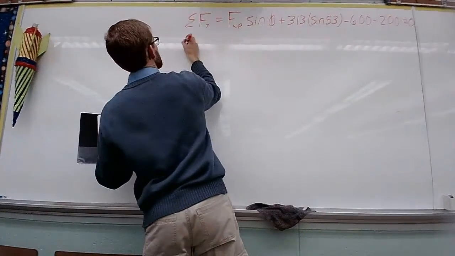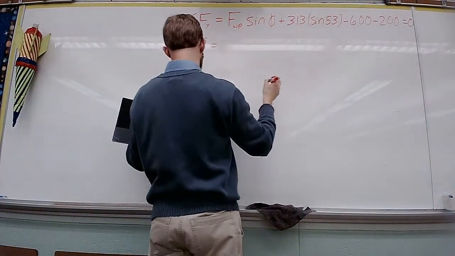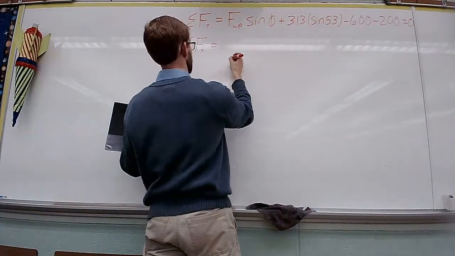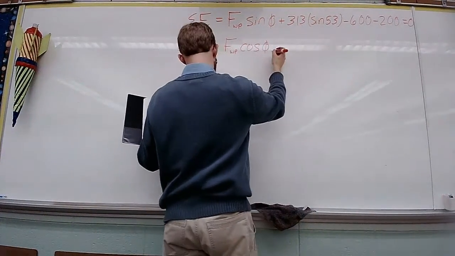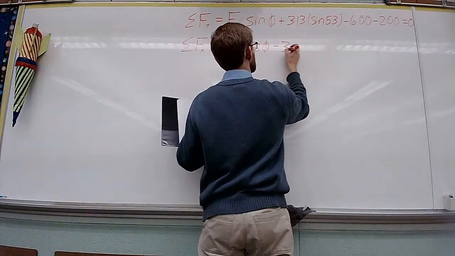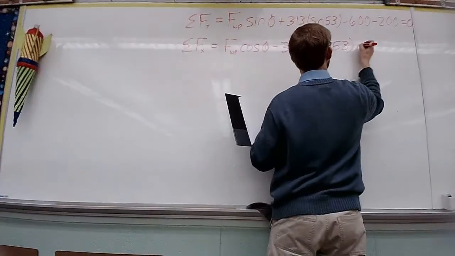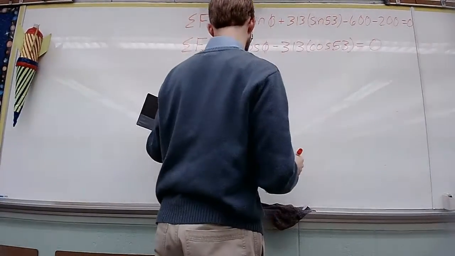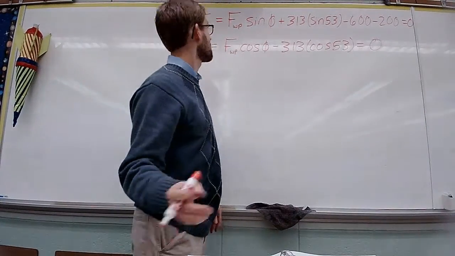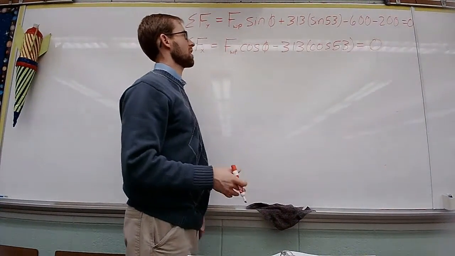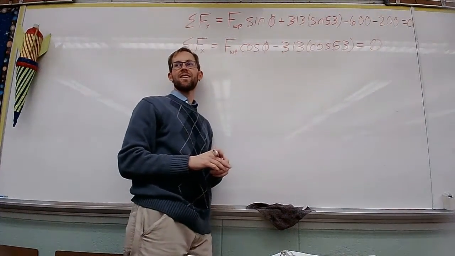We can also do this in the x direction. So the x direction looks like it's FWP cosine phi, yep, 313 plus 53 equals. So that's where we're at. I know we've covered a lot of ground so far. Questions on where this came from? You're not gonna combine those two together, are you? Yes, we are.